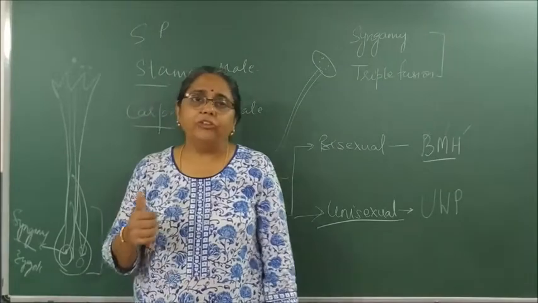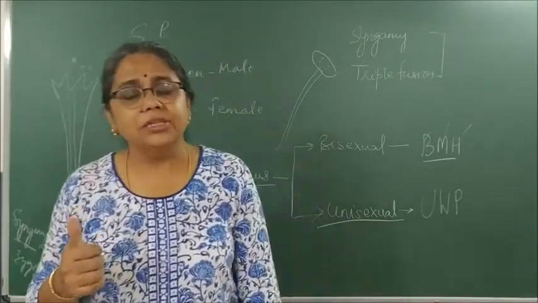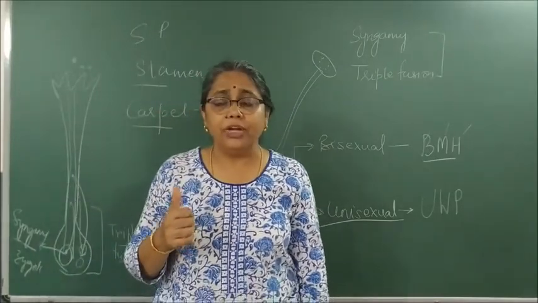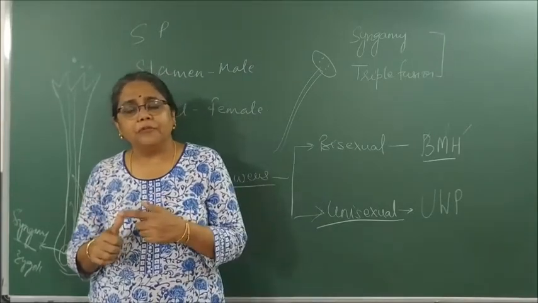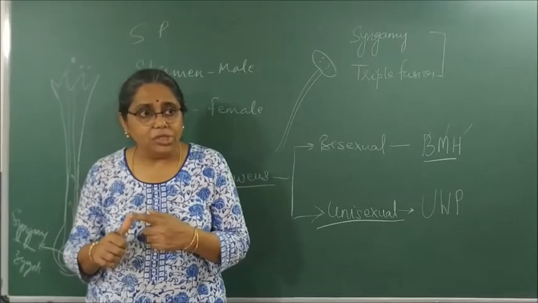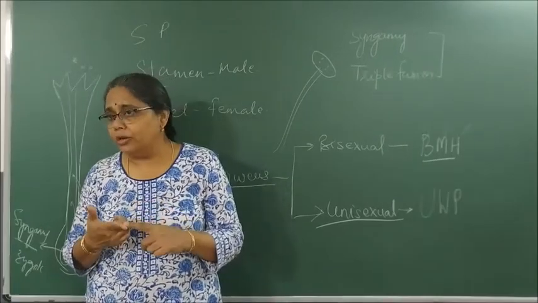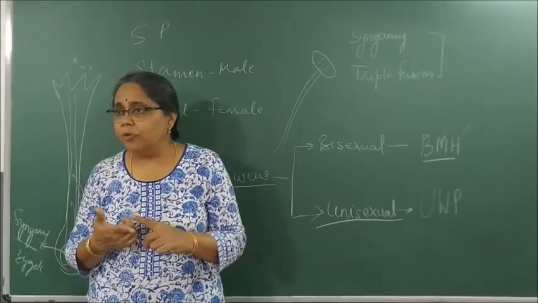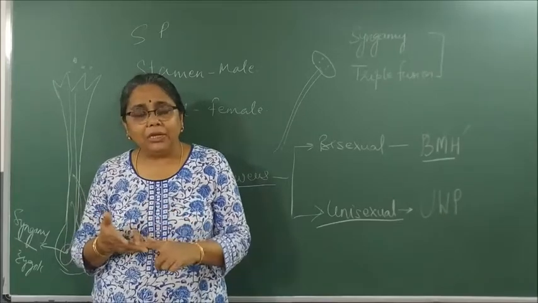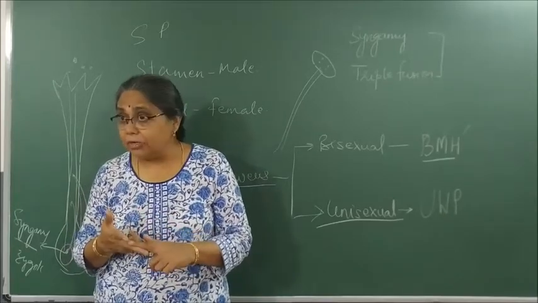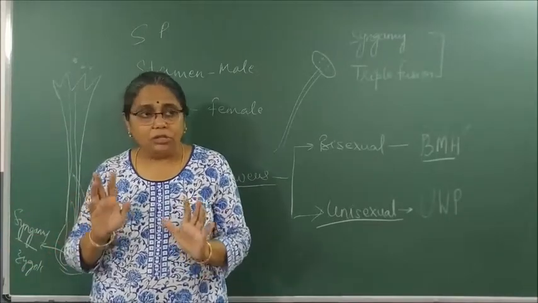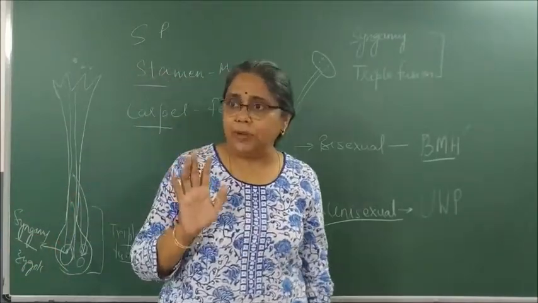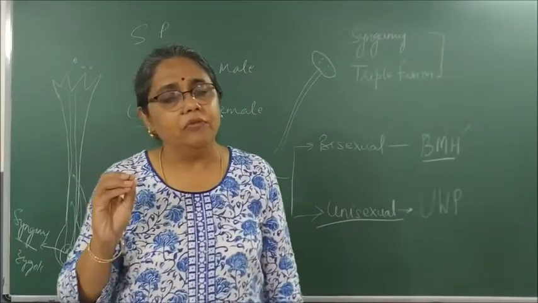The first change: after the flower is fertilized and the zygote is formed, the zygote divides multiple times to produce an embryo. The ovule develops a tough coat and gets converted into a seed. The ovary divides, ripens and forms a fruit. The petals, the sepals and other parts of the flower shrivel off or fall down. So these are the three changes that take place when the flower is fertilized.